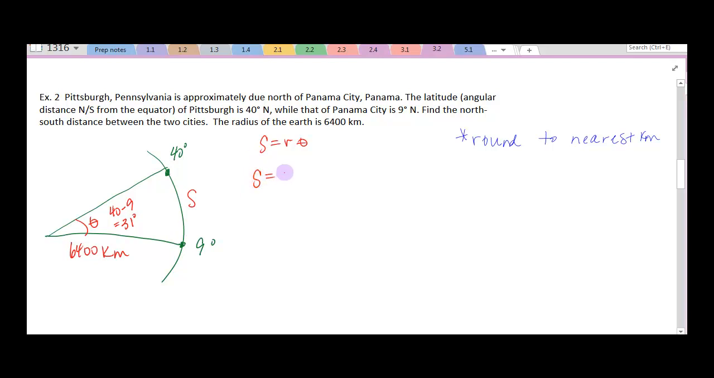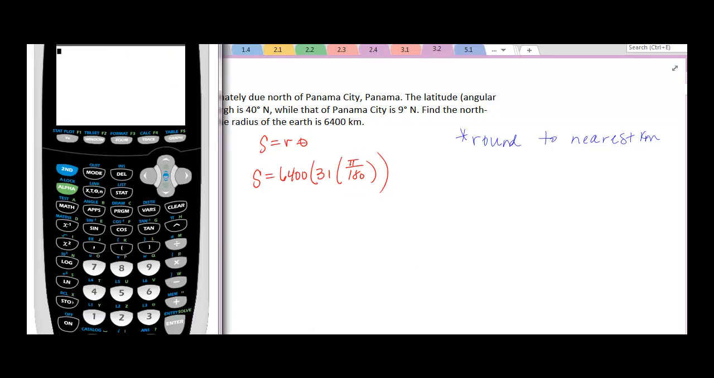S is equal to the radius, which is 6,400, times 31 degrees, but don't forget, in arc length, theta must be in radians, so I'm going to multiply by pi over 180, and I can plug all of that information into my calculator at one time. So if I said 6,400 times 31 times pi divided by 180,